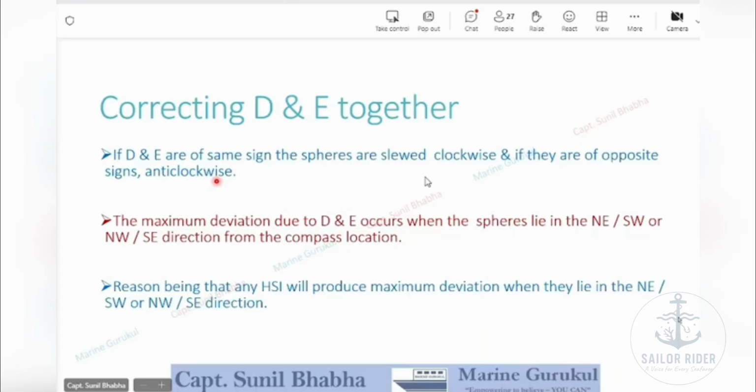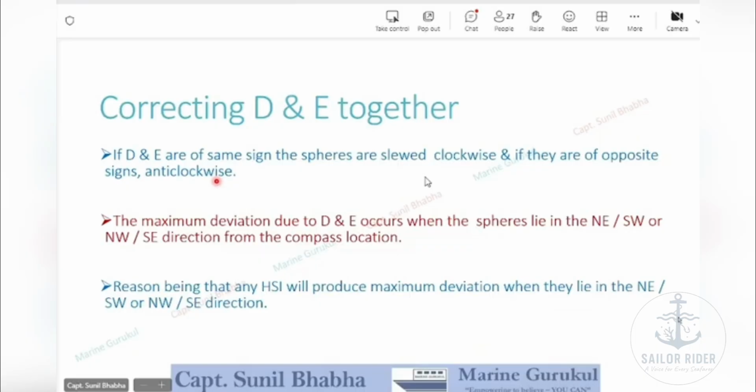Now, after obtaining the slew angle and the direction in which the spheres are to be slewed, the next question which the compass adjuster has to be clear about is, what is the heading on which the ship should be when this combined correction is being done? If it was only coefficient delta, we know the vessel has to be on any one of the intercardinal headings, that is where it is the strongest. If it was only coefficient eco, we know the vessel should be on some cardinal heading, that is where coefficient eco is strongest. But when we are having a combined correction of delta and eco, what should be the heading